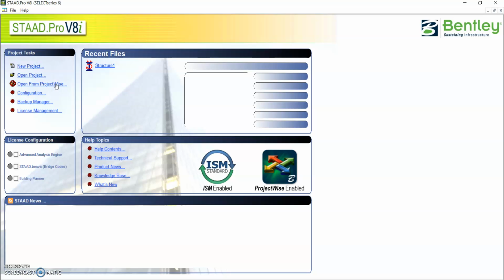Now, we will see how to get into the Stat and how to create a file and why we have to create a file in a separate folder. If you click on the Stat Pro icon, you will get this page. This page says to create a new project, to open an existing project, and so on. Now, let us go for creating a new project.